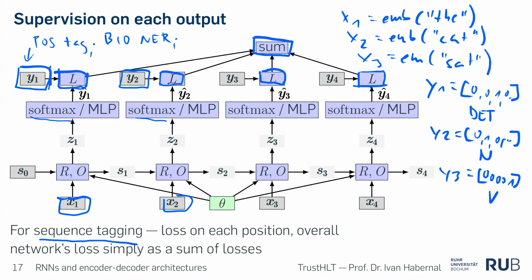The loss is a differentiable function, and a sum of differentiable functions is also differentiable. So you know how to take the derivative of the sum function, which means you can plug this together, and everything which is blue here is a differentiable function. So you have one single output loss, which is a sum of these token losses, and this gives you one single final loss which you need to optimize.